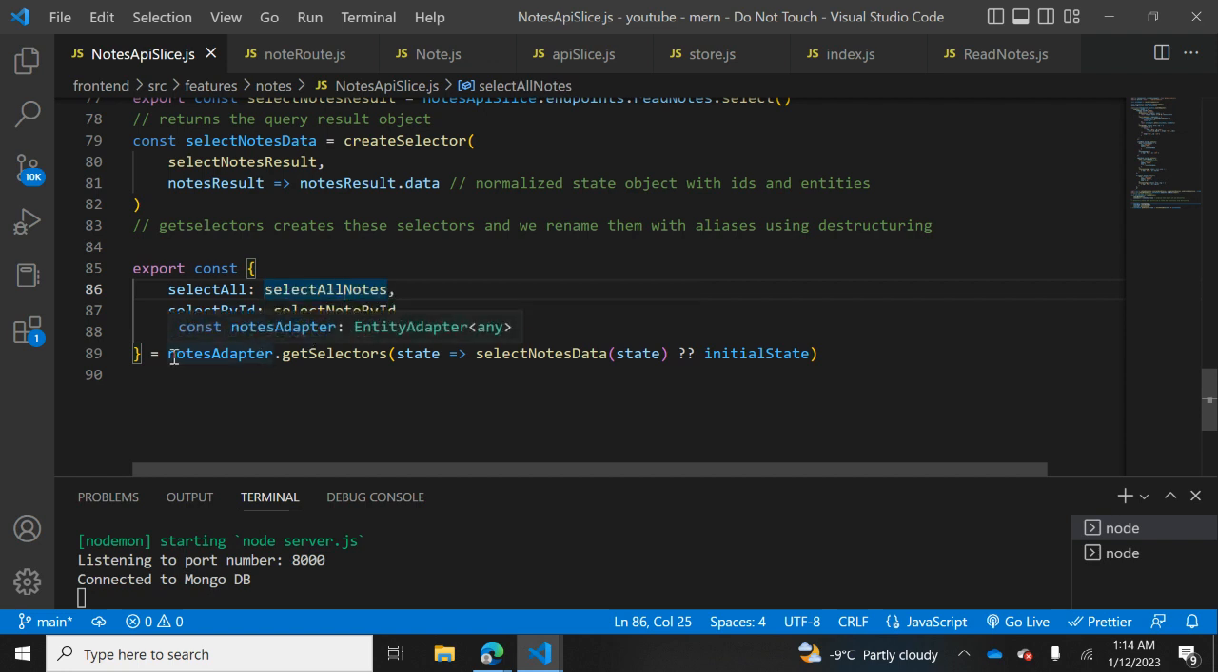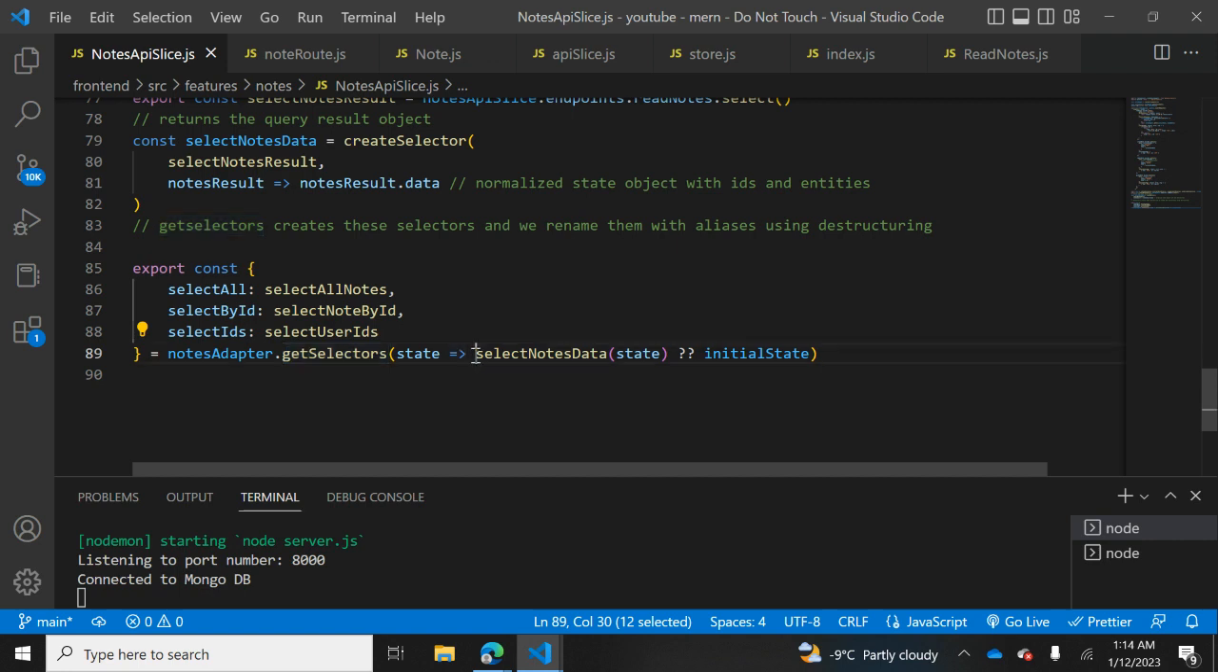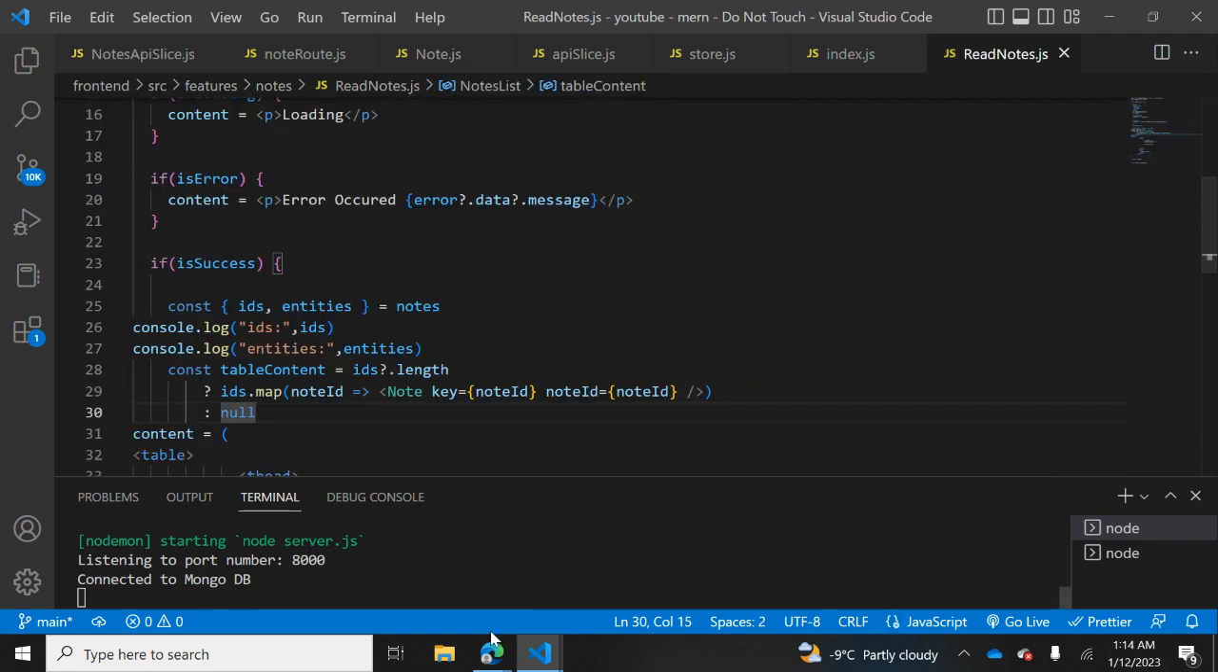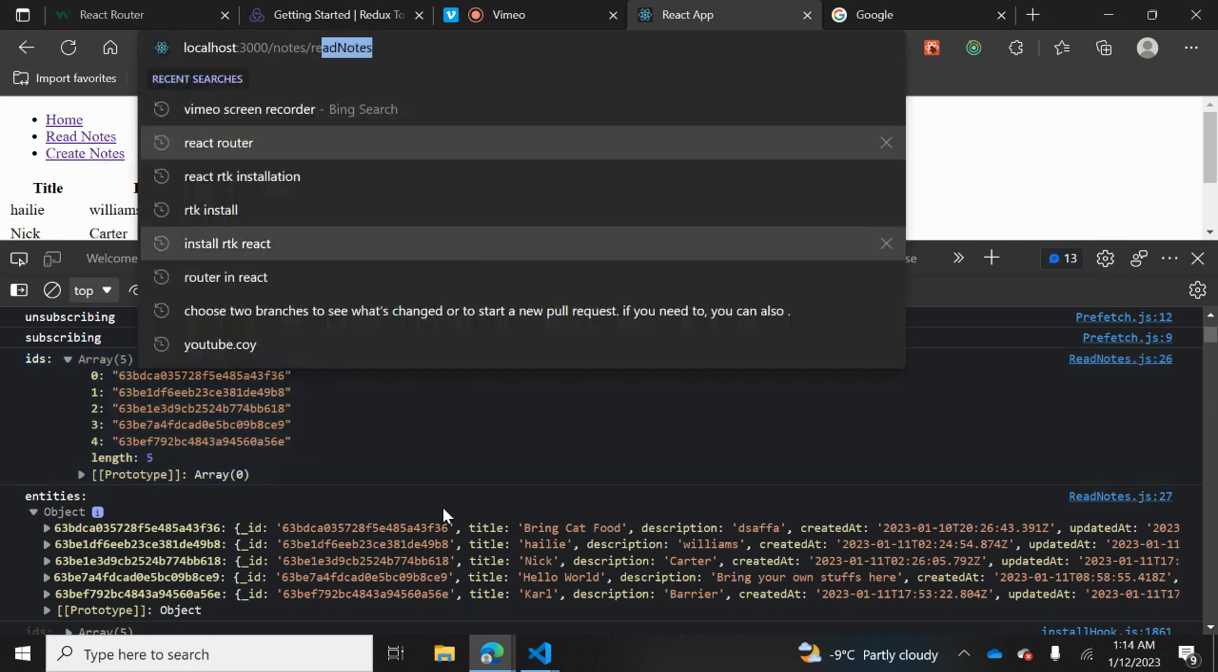And this should be nodesAdapter once again, and .getSelectors, and I'm going to change the state. If nothing, then we're going to pass our initial state. Okay, and that's all. And if you go to our read notes, which will be this page, read notes,